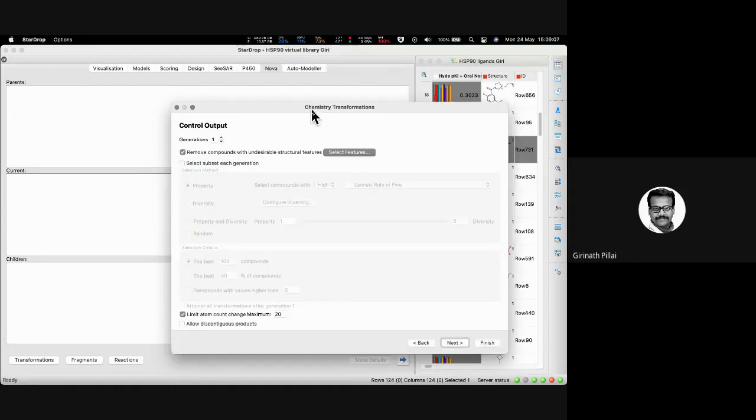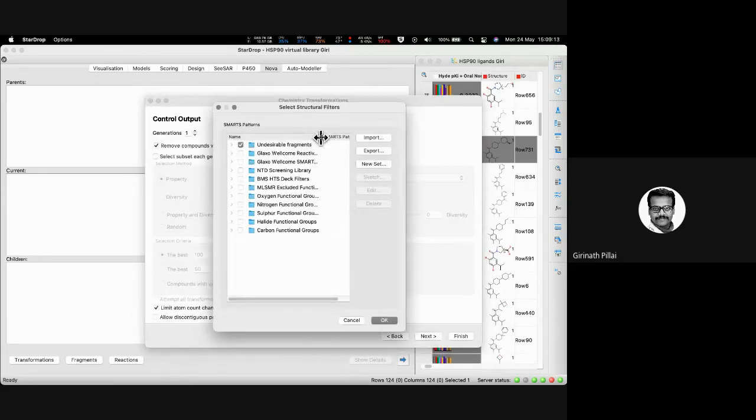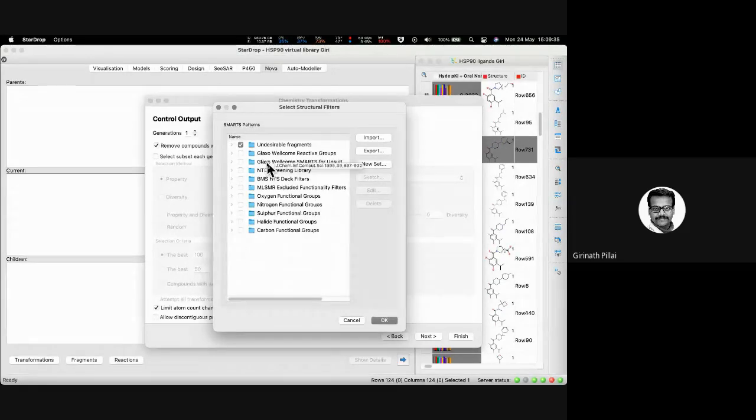Now it is asking, what are the features that you want to remove from the structures? This is very, very important in silico modeling. Because when you try to do a Markush enumeration or simply come up with fragment-based drug designing, there could be unnecessary toxic compounds or fragments coming in. It's very important that you don't include them in your fragment-based design. If you want justification for where I got these compound lists, just mouse over each of them, and you will get scientific literature references which tell you which fragments shouldn't be used as a drug, right?